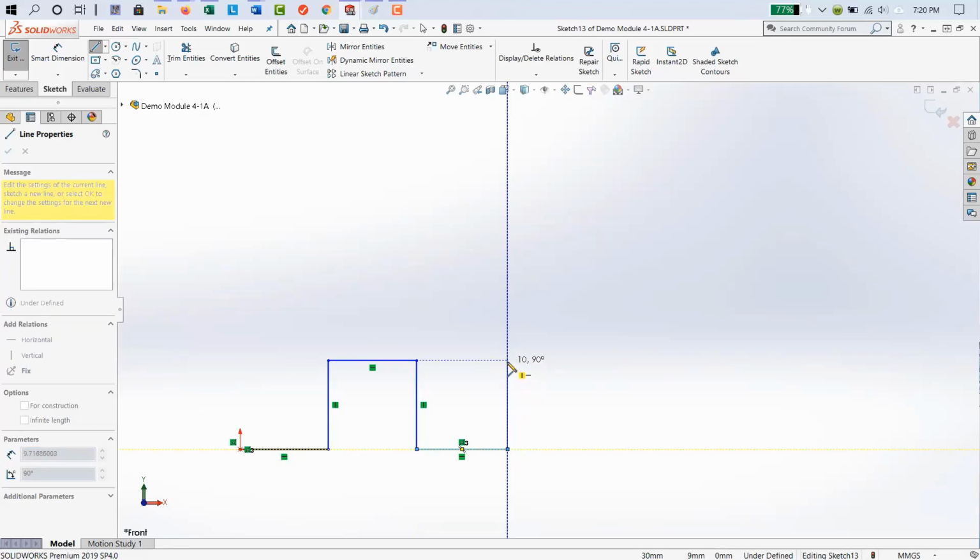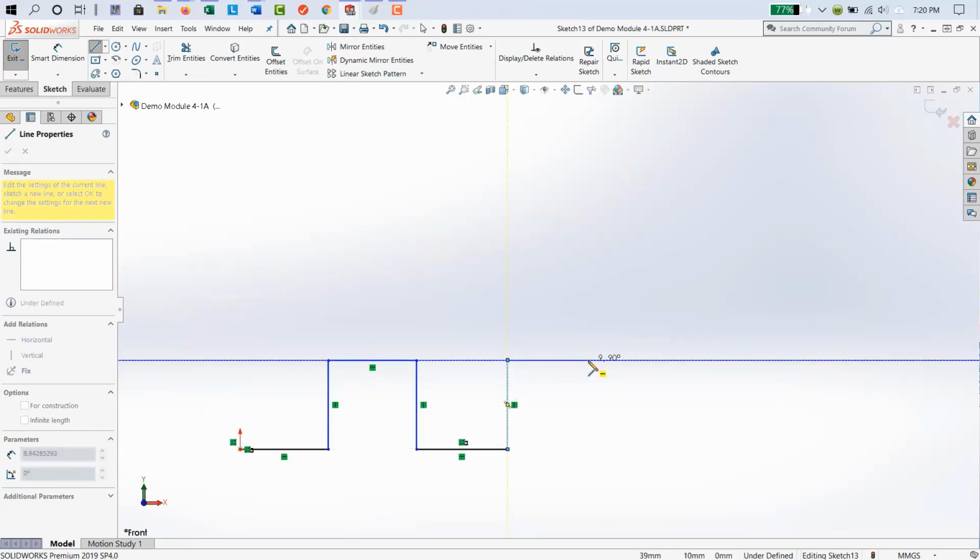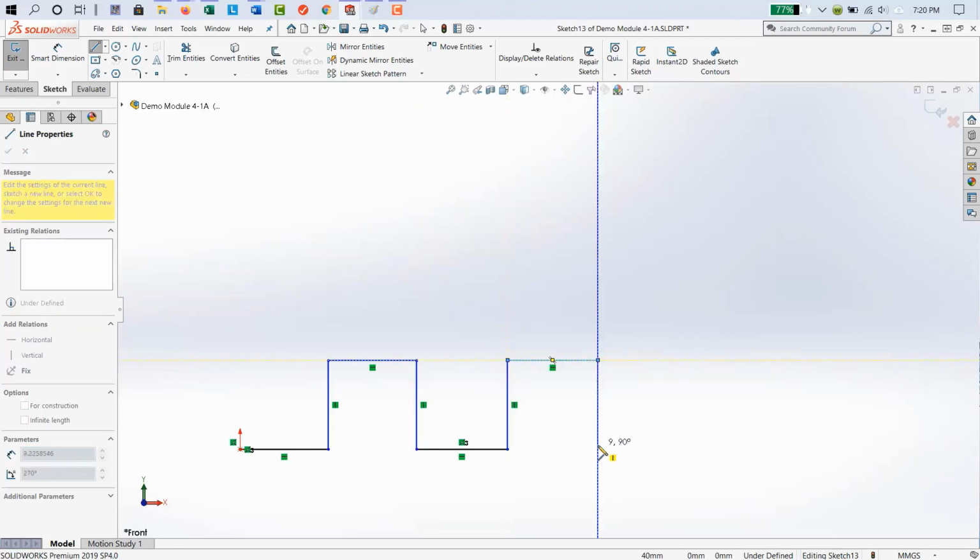Notice the vertical glyph and the inference line. Left click, go over right, almost 10, there we go. Go down. Again, I have my inference line here, so I'm exactly in line with that previous horizontal line, and I'm exactly vertical, going over right again to 10,